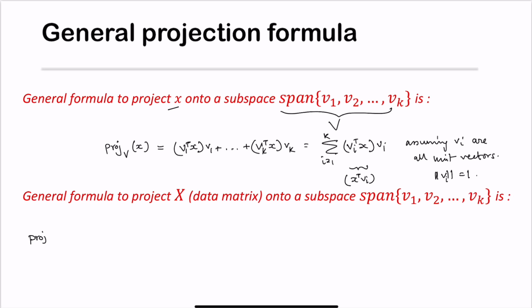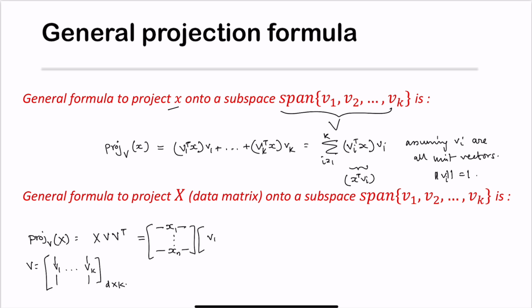We can also have a general formula to project an entire data matrix onto a subspace. It is given by X times V transpose, where V is nothing but v1 up to vk arranged as columns, and X is nothing but x1 up to xn, each of the data points arranged as rows. So X multiplied with V, which is v1 up to vk, and then V transpose,